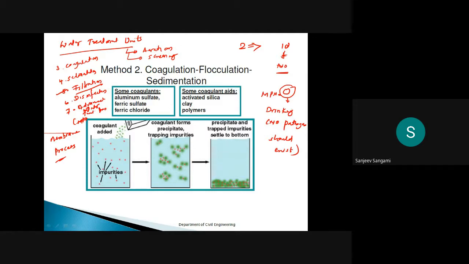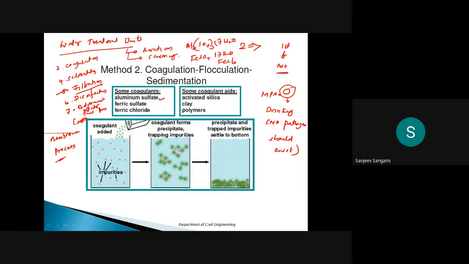I already highlighted some of the popular coagulants, that is aluminum sulfate, Al2(SO4)3·17H2O. Then you have ferric sulfate, that is FeSO4, also with 7H2O, sometimes 5H2O. Then ferric chloride, that is FeCl3.